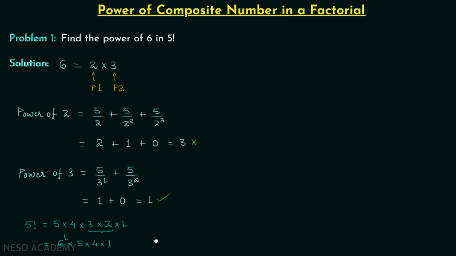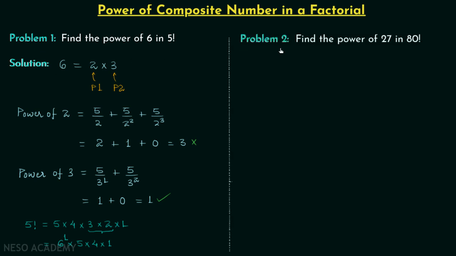So in this way we are done with our problem number 1, and now we will move on to our problem number 2. In problem number 2, we need to find the power of 27, a composite number, in 80 factorial. So let us move on to our step number 1. In the first step, we will write 27 as the multiplication of prime numbers. 27 is equal to prime number 3, multiplied by prime number 3,